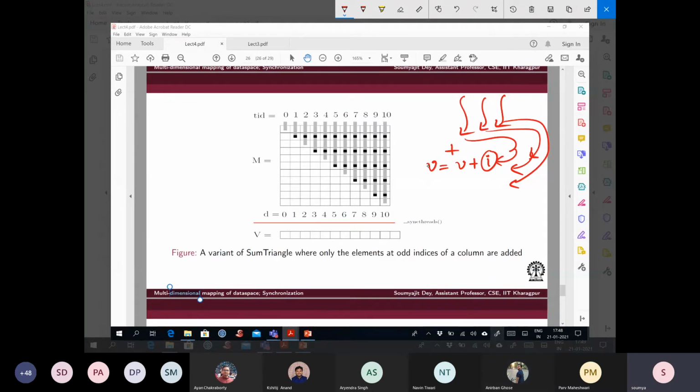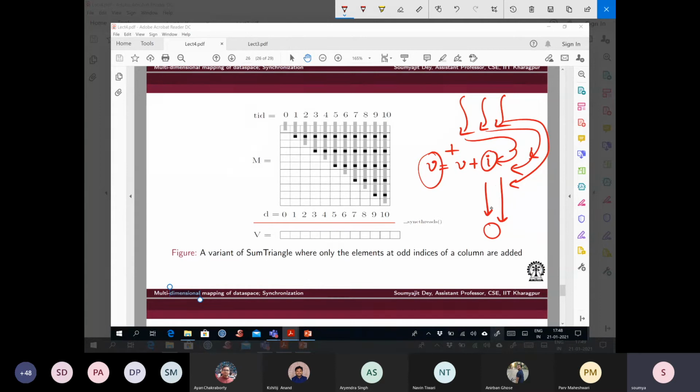If I do not make it known to the system that this is a variable which each of these threads is going to access, then one problem can be that this thread is trying to access and at the same time this thread is going to access. So there is a race over who will get the access first.